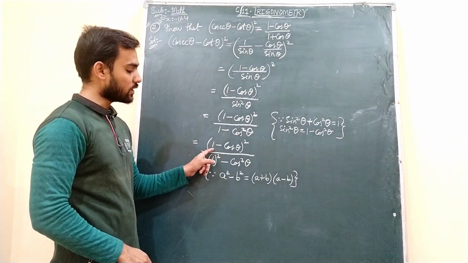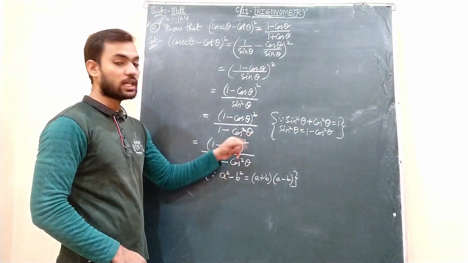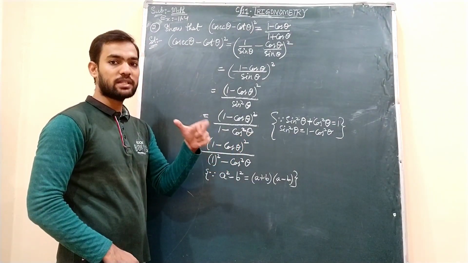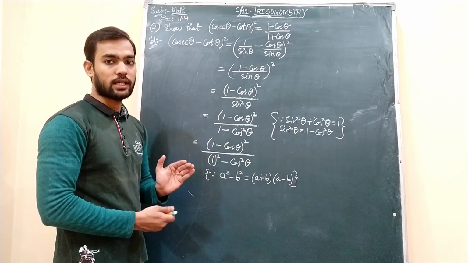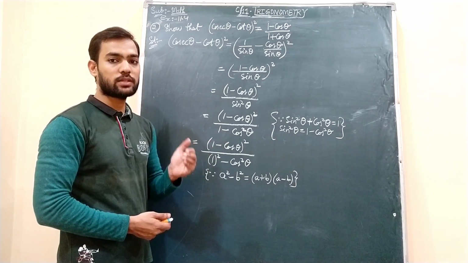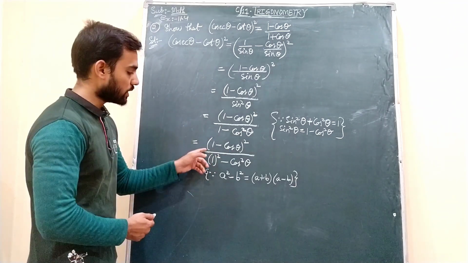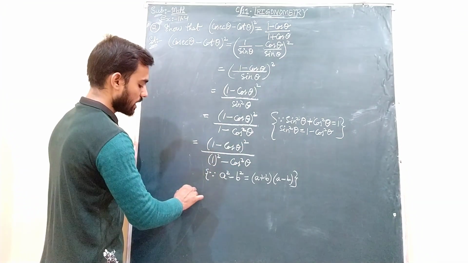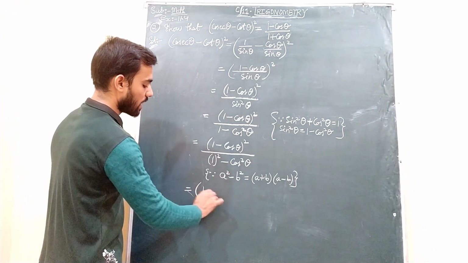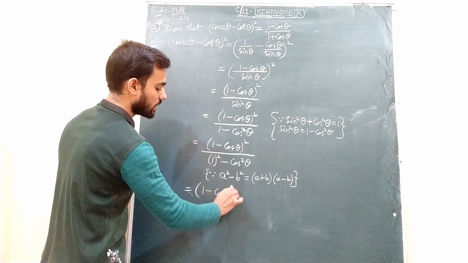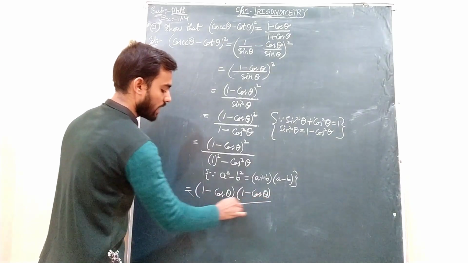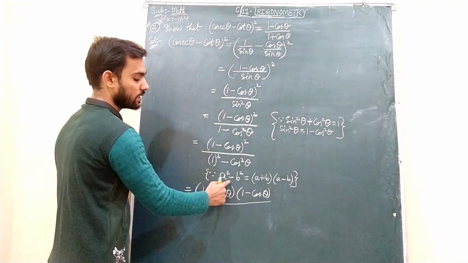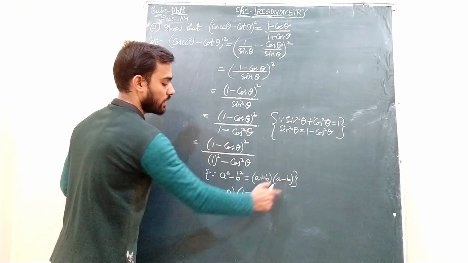Okay. But if you see the numerator, it is 1 minus cos theta whole square. So whole square means it is 2 times, right? We are not applying the identity, we are writing it twice. Like if you have 3 square, which means 3 into 3. So here also, as it is having a square, I will write it as 1 minus cos theta into 1 minus cos theta, divided by, in the denominator we are applying this identity, a plus b into a minus b.